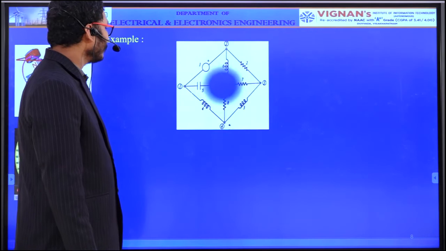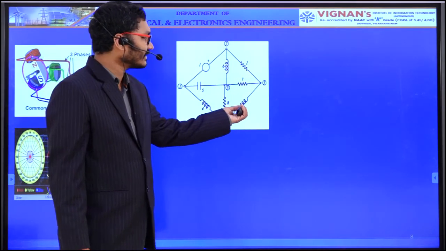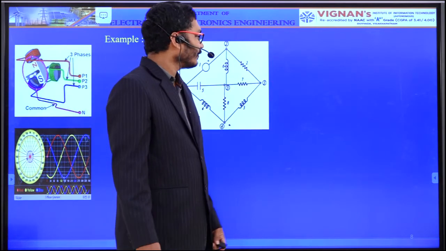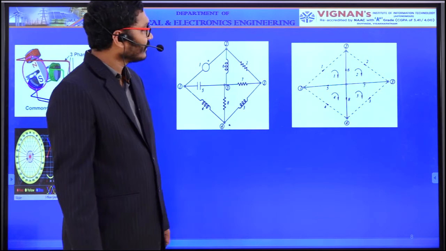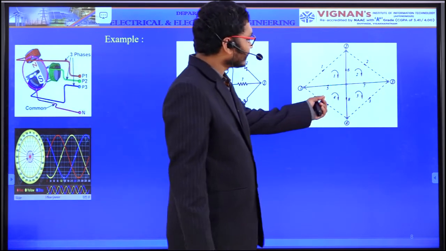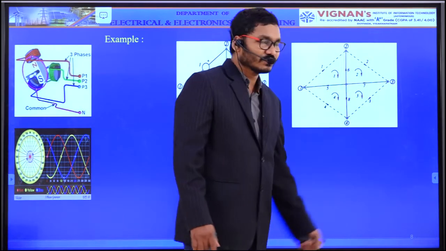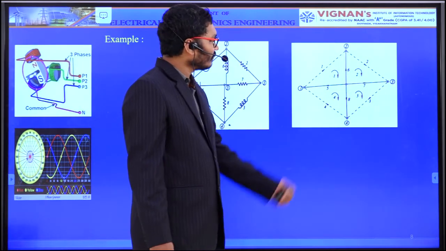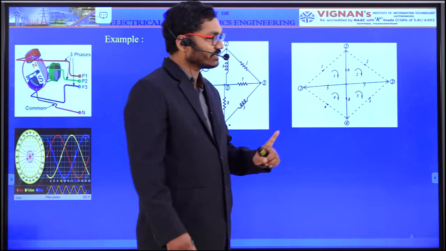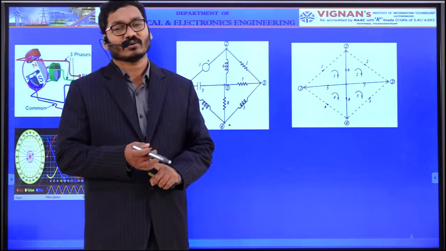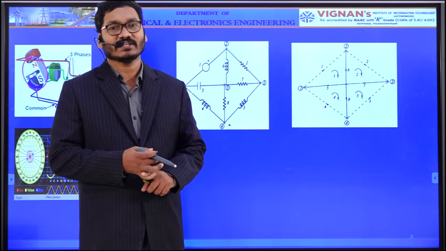Suppose we see the previous example. As I already told, you represent the electrical circuit as a graph. Take it as the tie set graph, and these are the links. It should not form a closed path. Now how many basic tie sets are there? Basic tie sets mean only one link should be there, the other branches should be tree branches, and it should form a closed path.